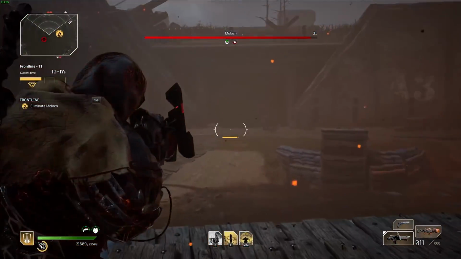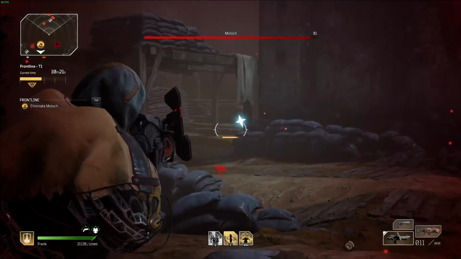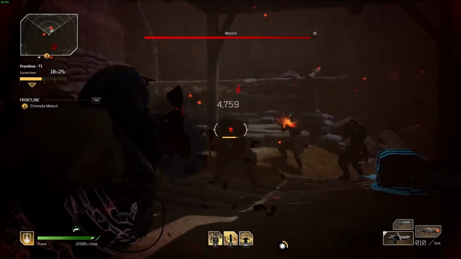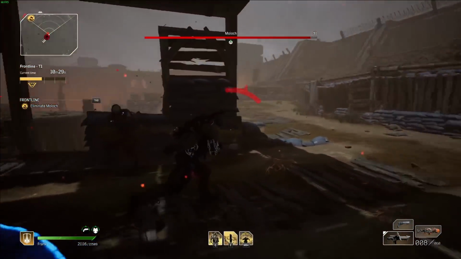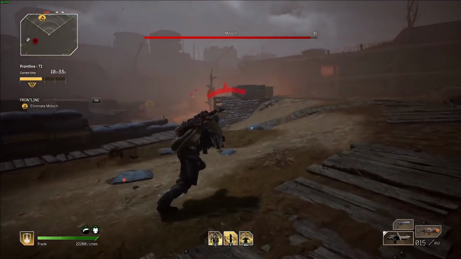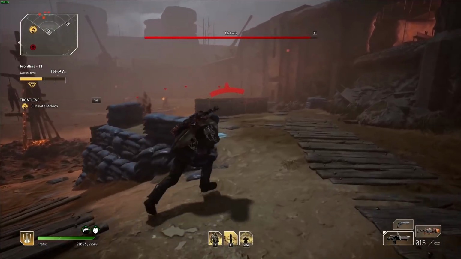There's 4 riflemen that spawn in this back area and 4 riflemen that spawn in this area here. Stop fighting MOLOCH and kill these riflemen. They will just absolutely murder you while you're trying to kill MOLOCH. I know it's only 4 riflemen, but 4 riflemen or 8 riflemen shooting you in the back while you're getting